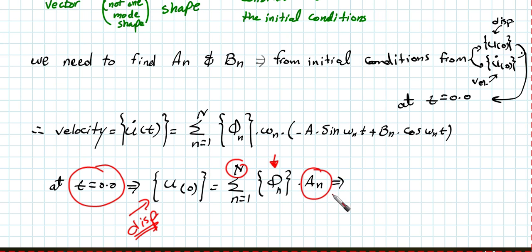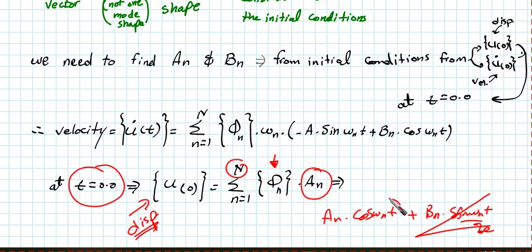Because first an is going to be multiplied by cosine omega nt, plus the other one, bn, is going to be multiplied by sine omega nt, right? This would be 0, because sine 0 is 0, and cosine omega nt,